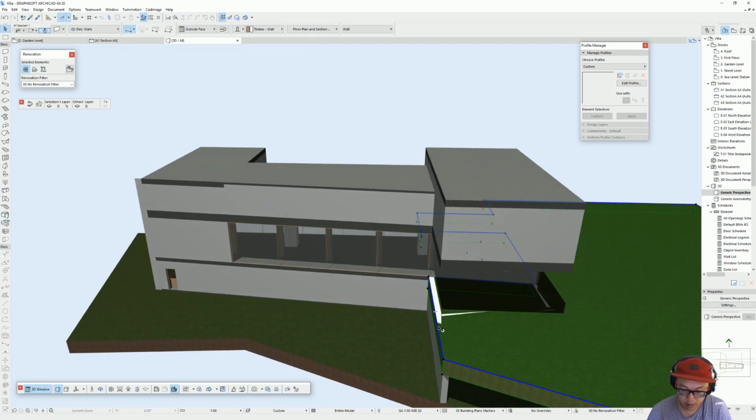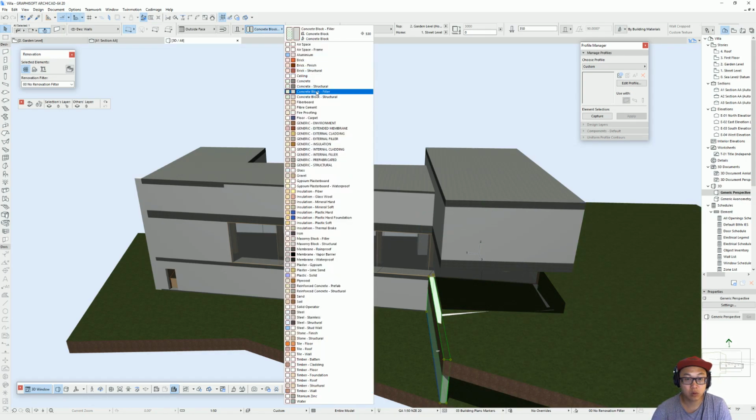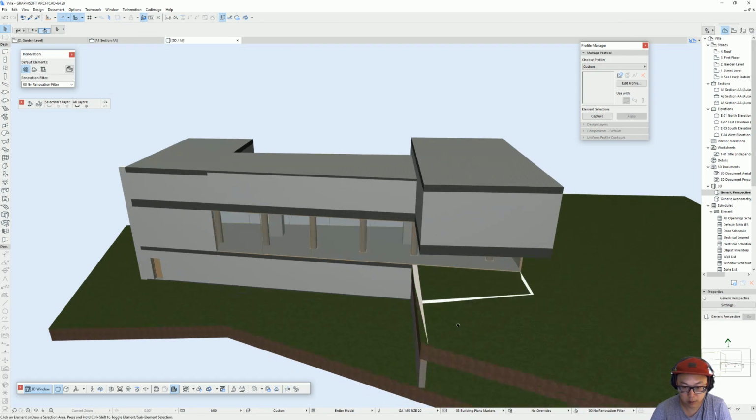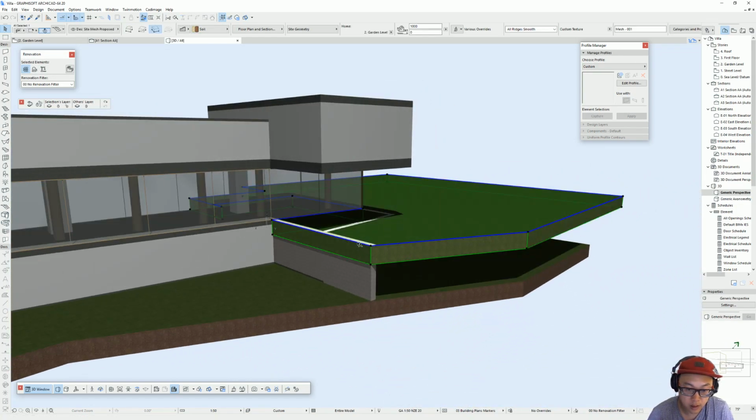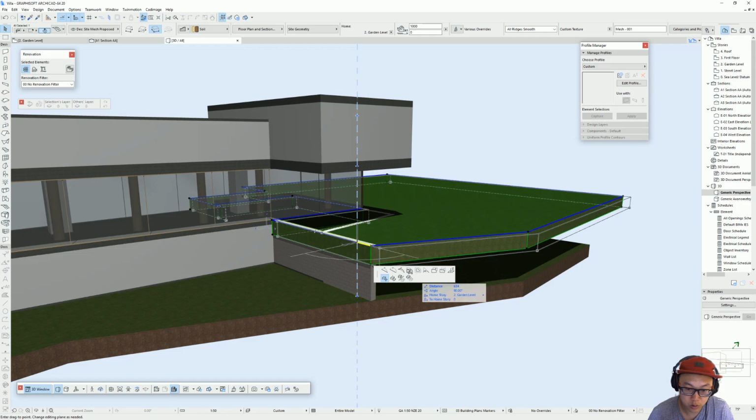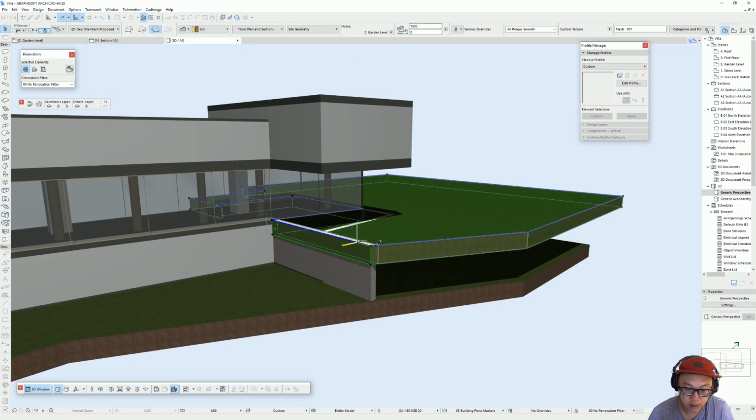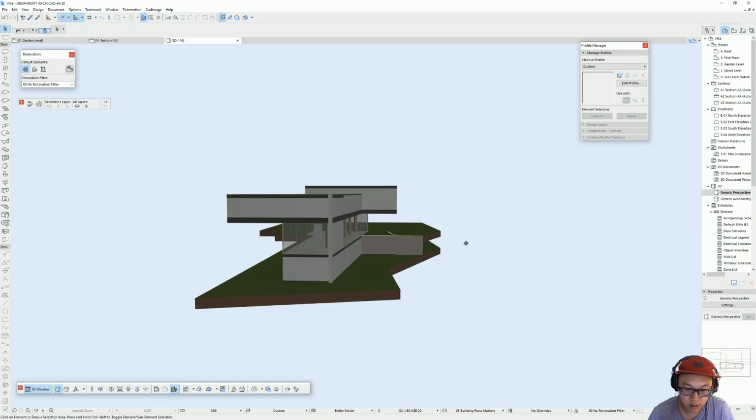And maybe just make this one a concrete wall, and maybe push this one back in. Okay,